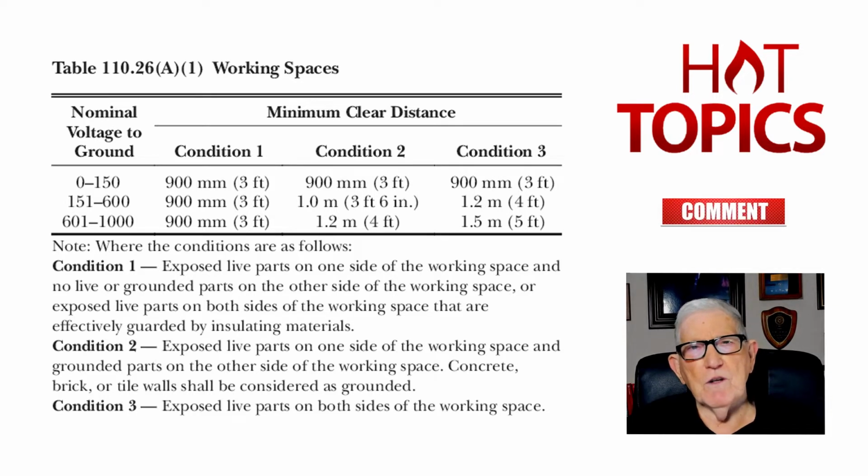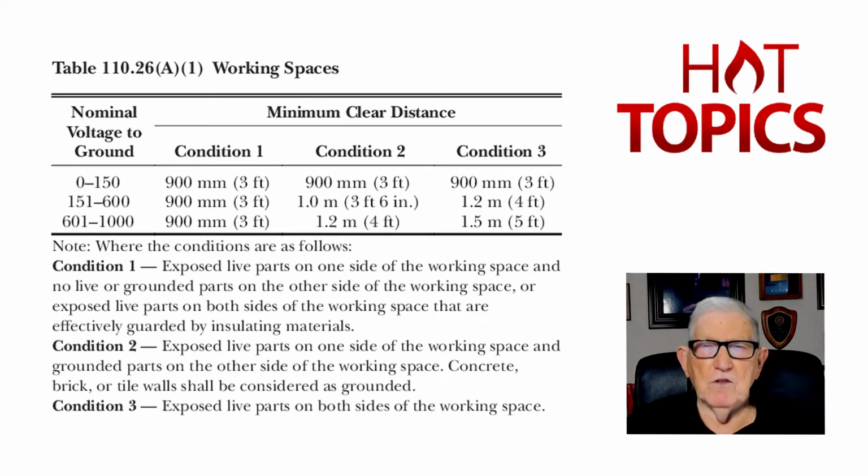Condition 2 is when there's a grounded wall behind your back. And condition 3 is when equipment is opposite equipment and you're standing in the middle of the equipment, maybe servicing it in some way. And notice all that's 3 foot as long as you're 150 volts to ground,